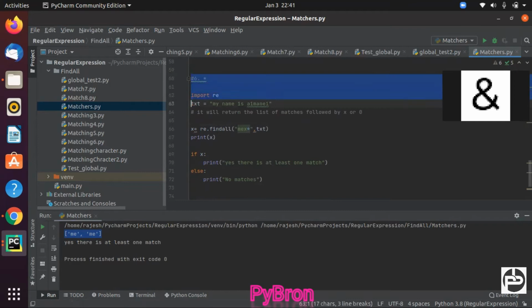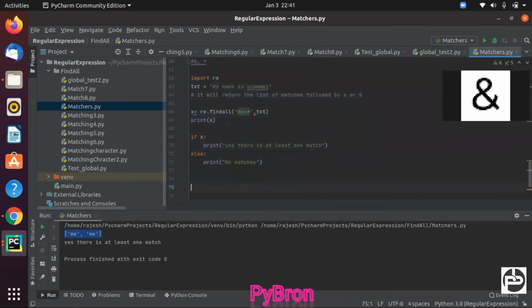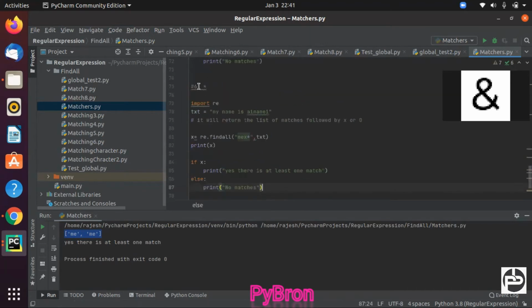The seventh one is the plus matcher. How the plus matcher is going to work, just try to understand. Instead of the asterisk I can put here plus.